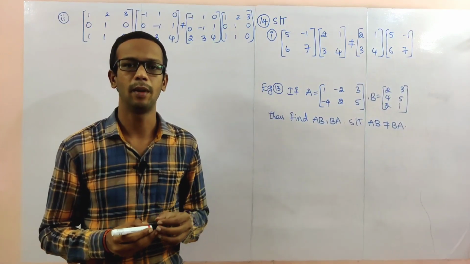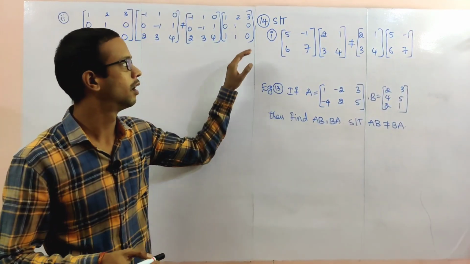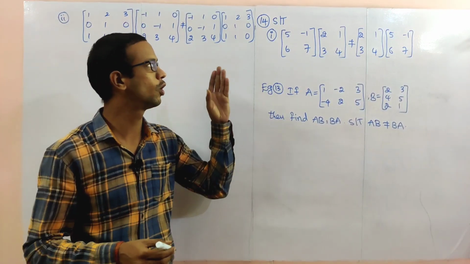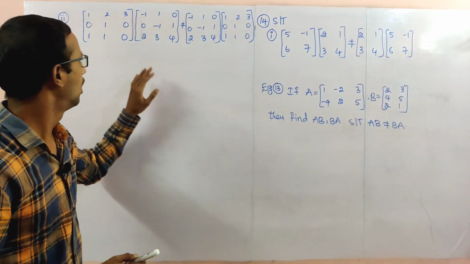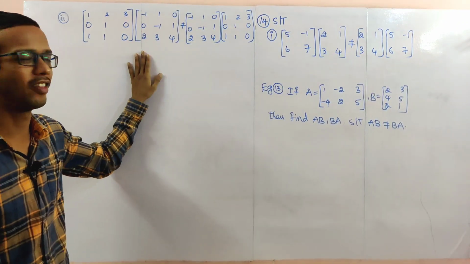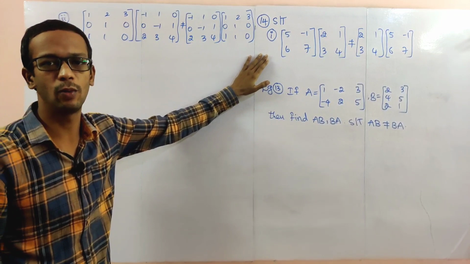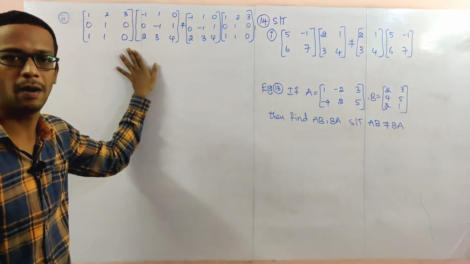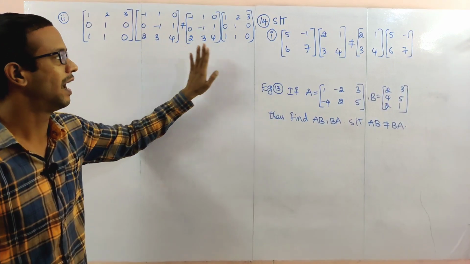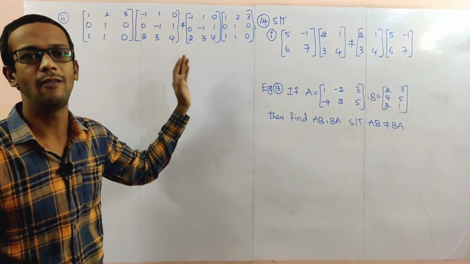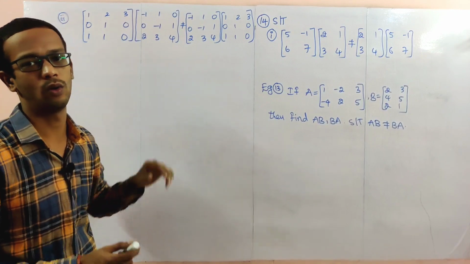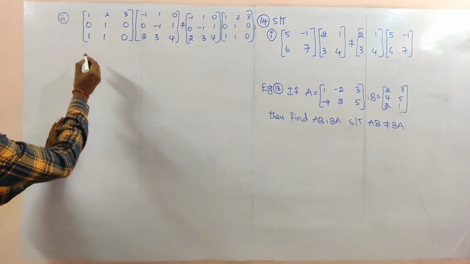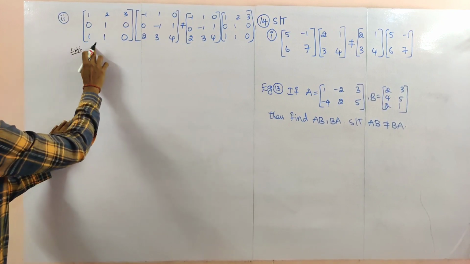Next, problem number 14 in the exercise. Two problems are there. One problem I'll explain here, and the second problem I'll explain after that. This one is a 3 by 3 matrix, and the first problem is a 2 by 2 matrix. So first, show that: LHS part separately I'll make here, RHS part separately I'll make. After that, we have to check whether both are equal or not. Not equal we have to show. Compulsorily, not equal only we will get. So this is the LHS part.